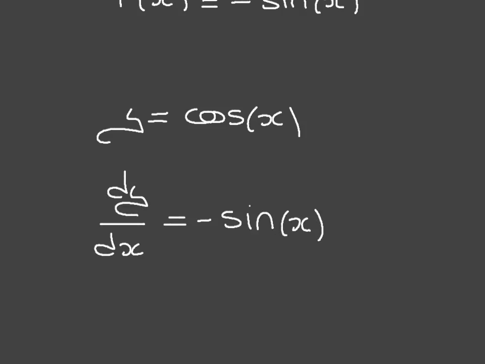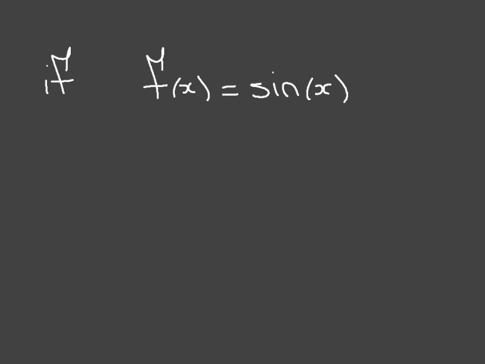And there we have it. We've just learned the two formulas we need to know. Let's just write that in summary here. If f of x equals sine of x, then the derivative f dash of x will be equal to cosine of x,